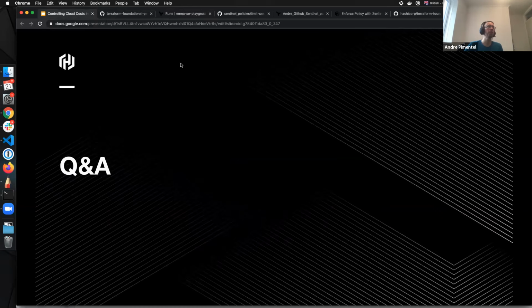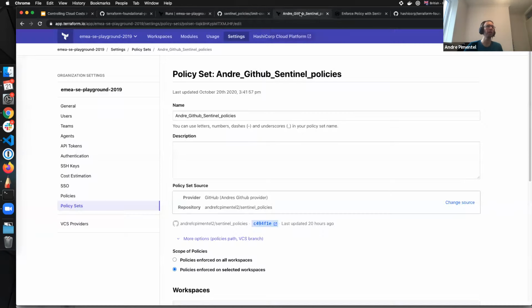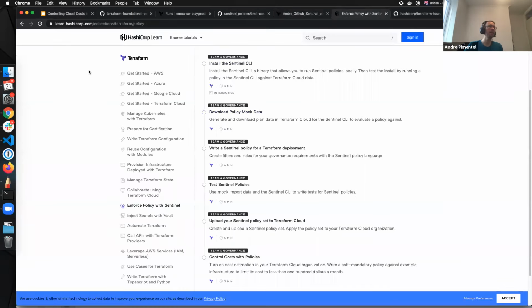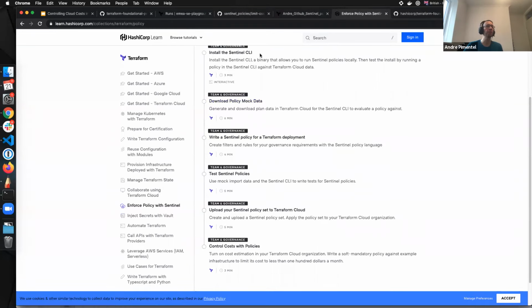But before we go to the Q&A, I really recommend everyone to check the Learn platform from basic Terraform to the Sentinel tracks. There's also other good learning tracks to inject secrets with Vault, to use the API.